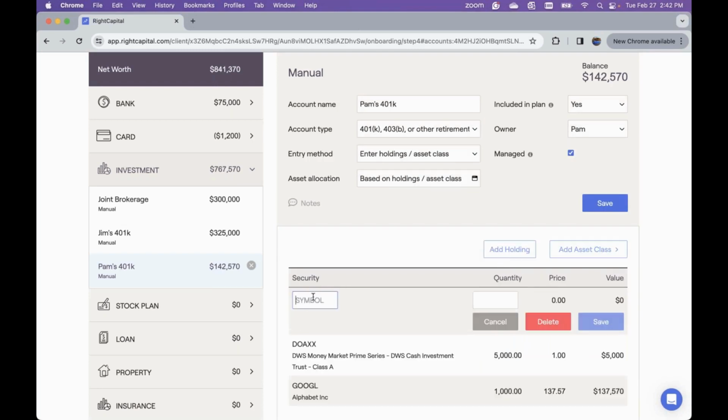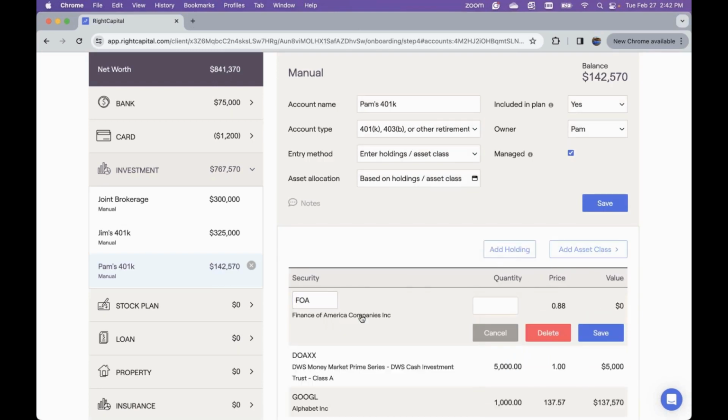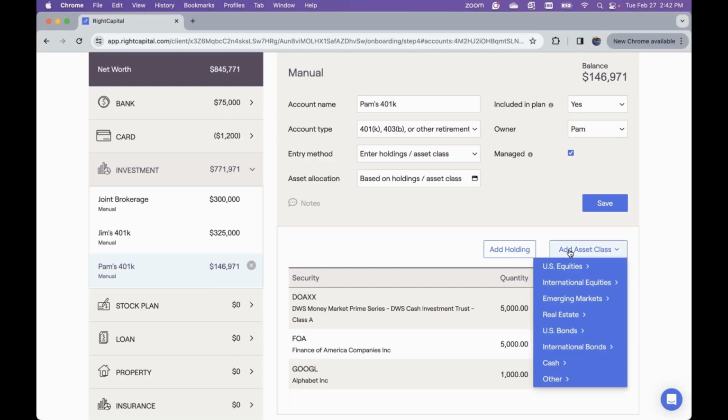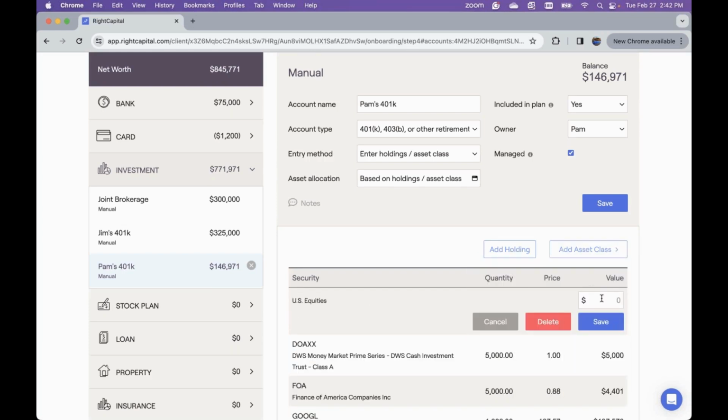And you can just continue to build it from here. But as we know, there can be times where a client might have some cash that's not yet invested in an account, or maybe there is a holding that is not publicly traded and has no ticker symbol. That is when we would click on Add Asset Class, and you can indicate exactly which asset class it falls into. So if they're invested in US equities,